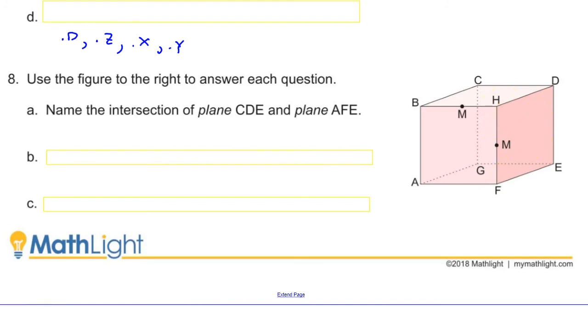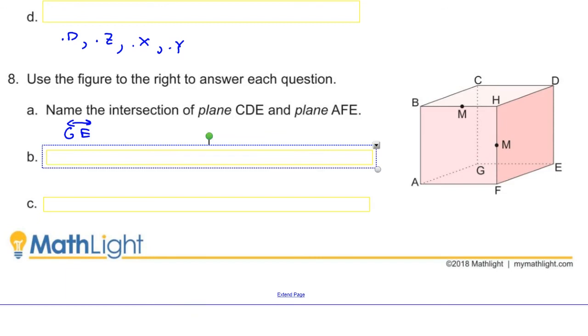Okay, so you have to be technical here. Because it's a box and the box is in a plane and in another plane, so technically two planes intersect at a line. So line GE. Some would say the intersection is the line segment GE, but technically two planes intersect at what? At a line. Okay? So you've got to look at that. Some teachers might say, no, we're just talking about the box itself, and therefore the box has a line segment GE. Whatever your teacher wants there, but technically two planes intersect at a line.